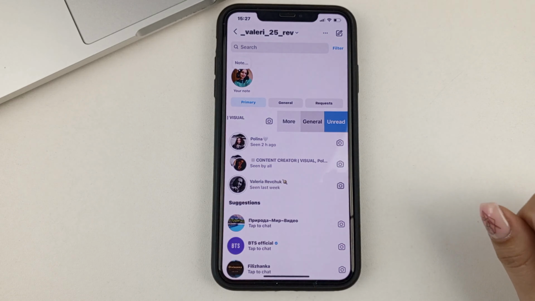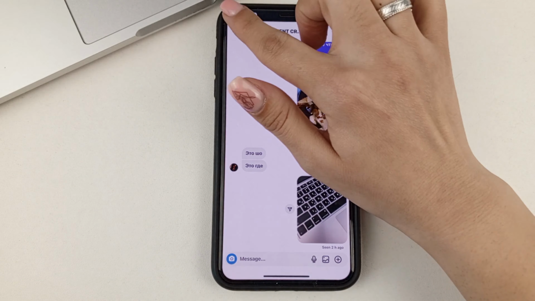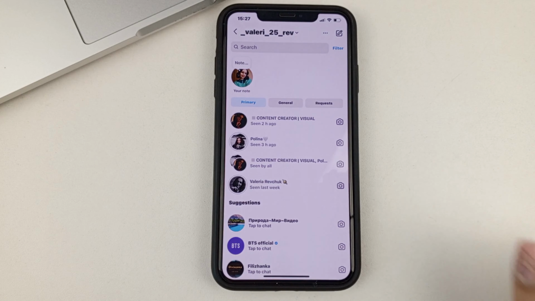Alright, as you can see, this correspondence is now considered unread. If we go in, we read this correspondence,